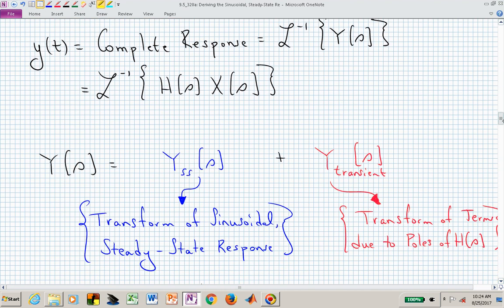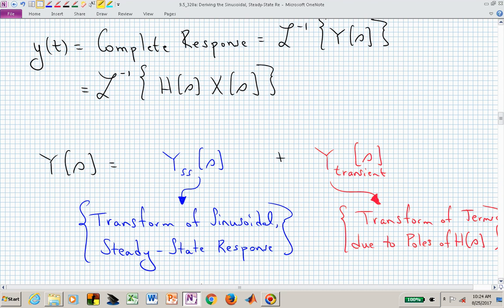What we want to do, though, is actually separate that complete response into two pieces, a steady state component and a transient component. So we now have a blue team and a red team. We're going to neglect the red team because when can we neglect the red team? After 5 time constants. It's already gone. And we've already assumed that capital H of s, our system, has all of its poles in the left half plane. All of those poles will have negative real parts, so they indeed will decay with time after 5 time constants associated with the real part of their